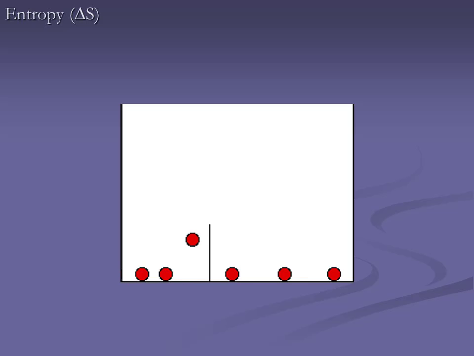Now what have we done? Uh-oh. Now we have more area on one side than the other. So in this case, if we start over here, we'll say that those are our reactants in a reaction. But now we have all this space over here for our products. What is our most disordered state going to look like? When we had it right in the middle, 3 and 3, that was as spread out as the jumping beans could get. What's going to happen here? More are going to be over here because we have more area. So more often than not, we're going to have 4 over here and 2 over here.